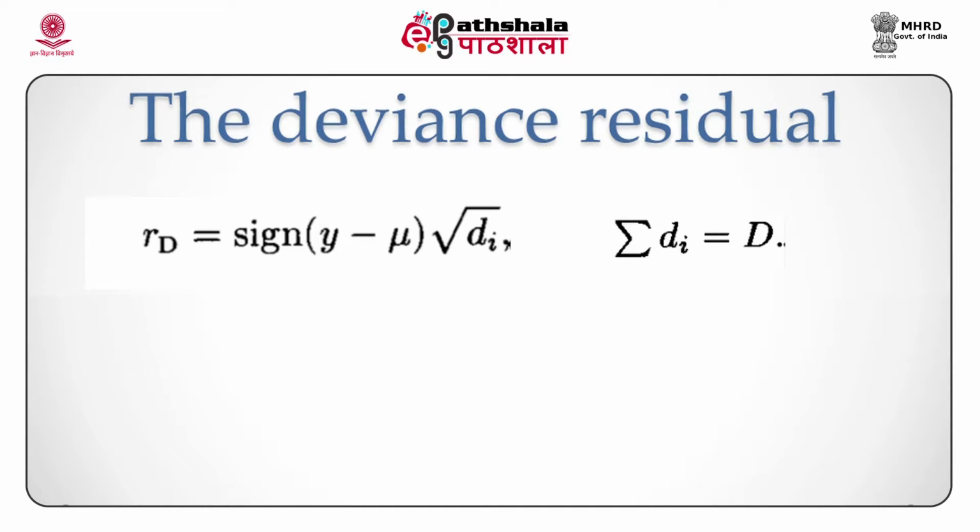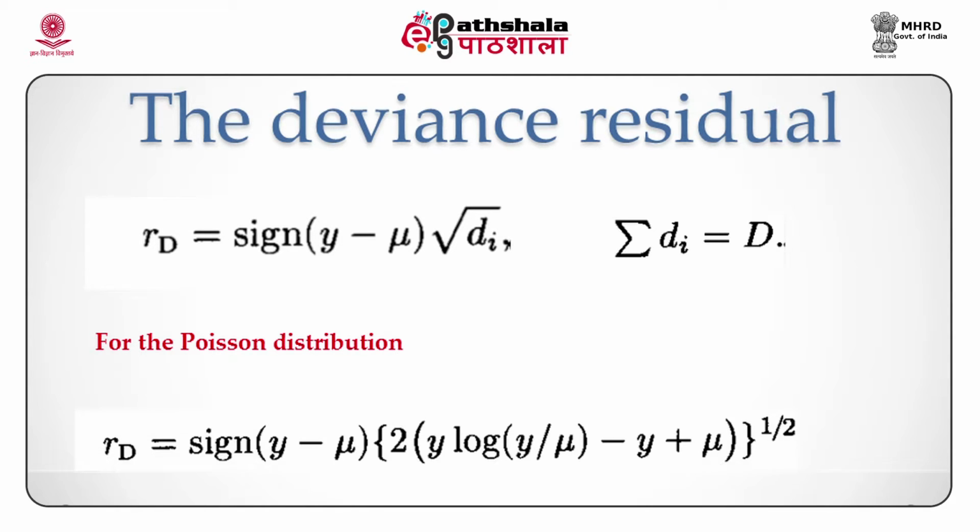So the deviance, capital D, can be written as the summation of di, where di denotes the contribution from the ith term. The corresponding residual for the ith individual is then the square root of di multiplied by the sign of (y minus mu). So when we say sign of (y minus mu), we mean a function which takes the value +1 or -1 according as y is greater than or less than mu. Of course, again, we do not know the true value of mu,